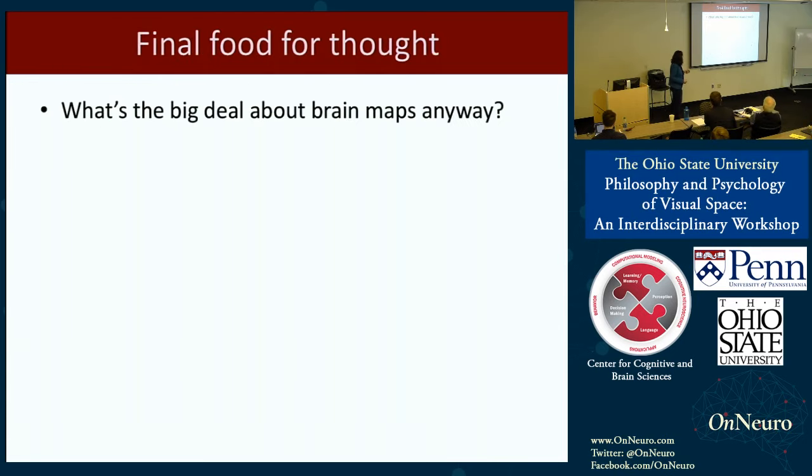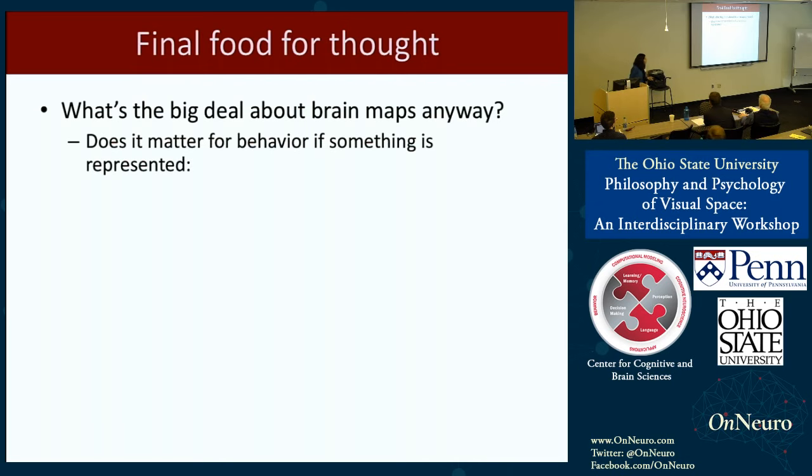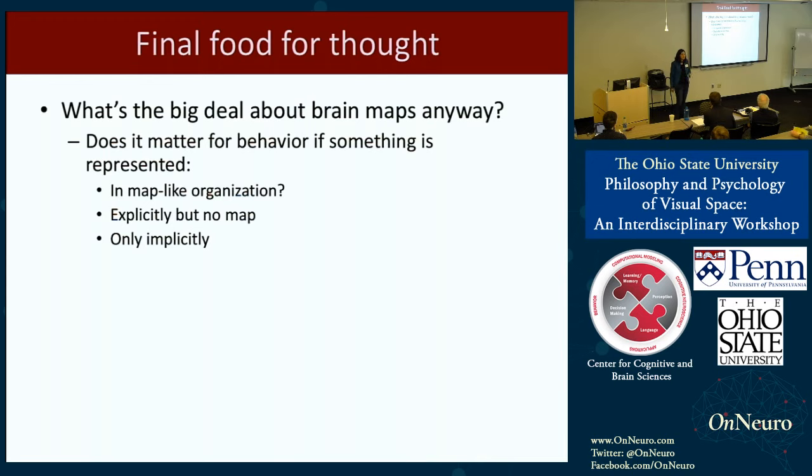Okay, final food for thought, especially for many of the philosophers or people that haven't thought too much about how things are in the brain. So what's the big deal about brain maps anyway? This is largely a rhetorical question, but just to have you thinking about why it might matter how something is represented in the brain. So does it matter if something's represented in these systematically organized, precise maps? Or if you have these explicit representations, but they're not organized into a map, or maybe you just have implicit